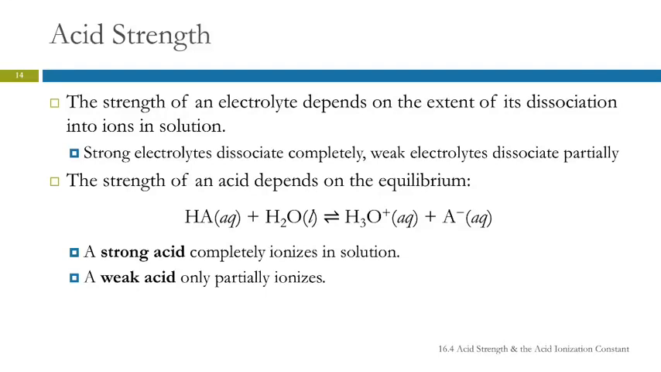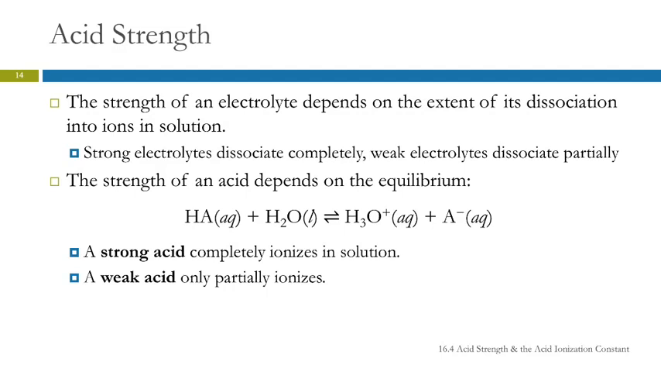Acid strength. So electrolytes are substances that form ions in aqueous solution, right? And the strength of an electrolyte, whether it's strong or weak, depends on how much it ionizes, the extent of its dissociation into ions. So a strong electrolyte dissociates completely. Weak electrolytes only dissociate a little bit. And electrolyte has to do with the solution will conduct electricity because it has ions that can move and carry